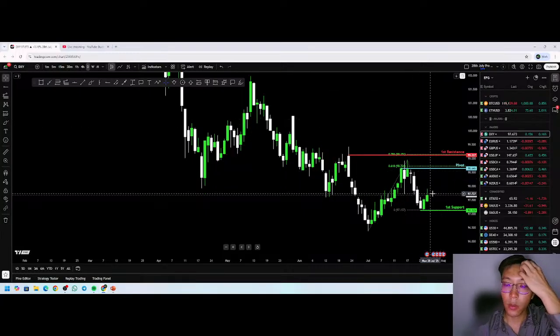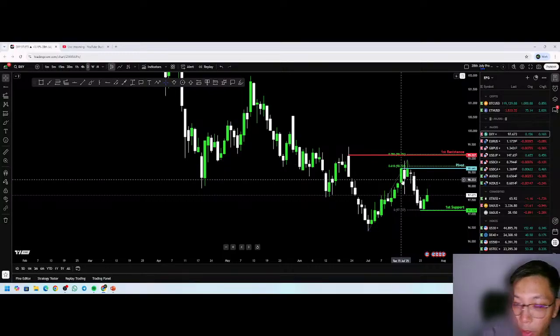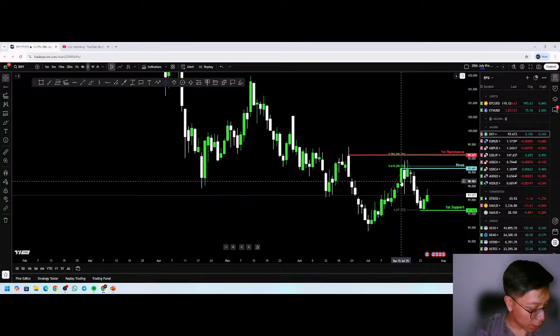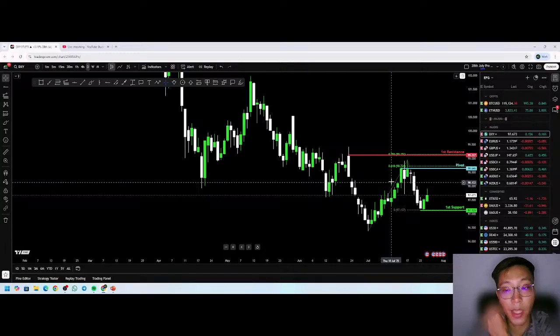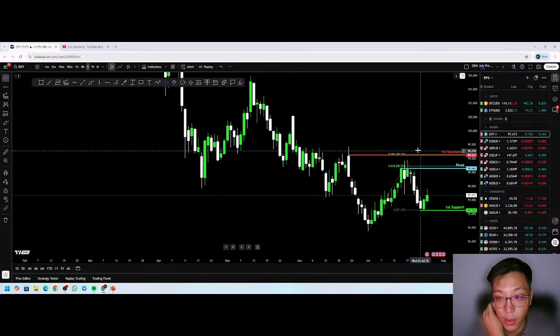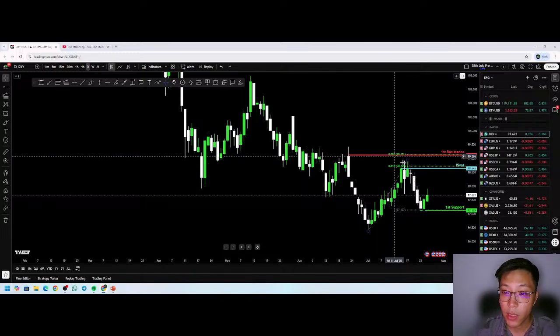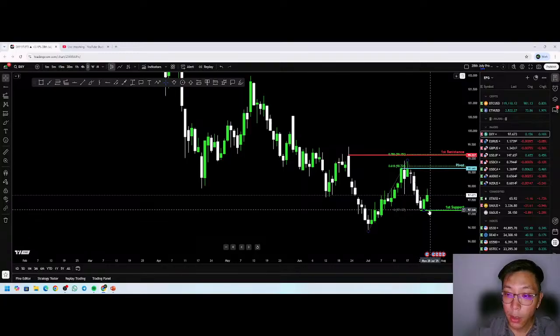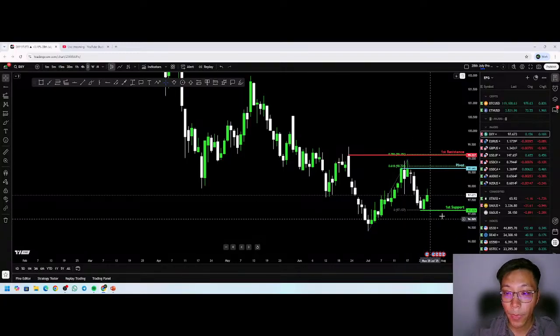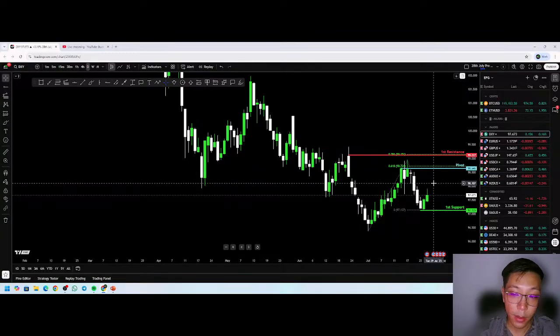Looking at our pivot point, it aligns with the 61.8% Fibonacci projection level, while our first resistance level aligns with the 78.6% level over here. Then our first support is the previous swing low support level. It might be a bit close between our pivot point and our first resistance, but it's fine.